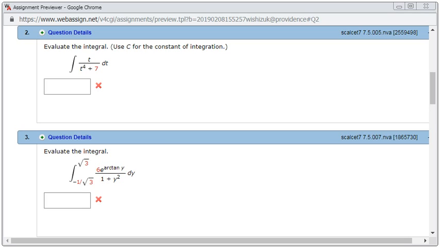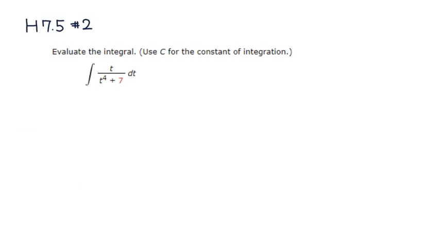Alright, let's look at homework 7.5, problem number 2. Let's evaluate this integral here. I'm going to use a substitution here. So I'm going to let